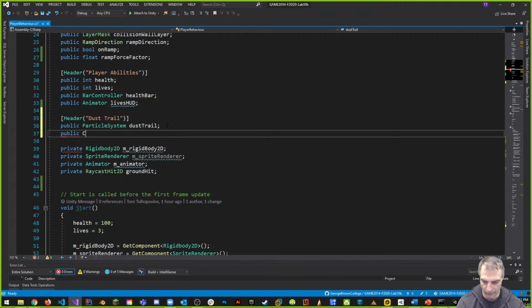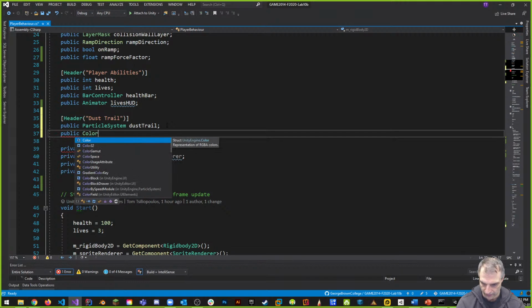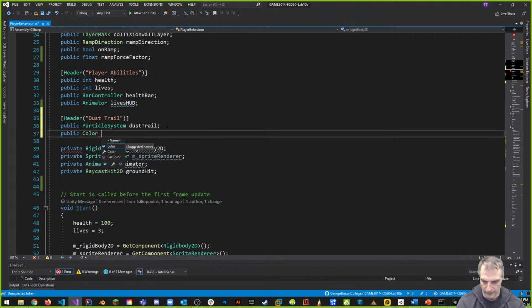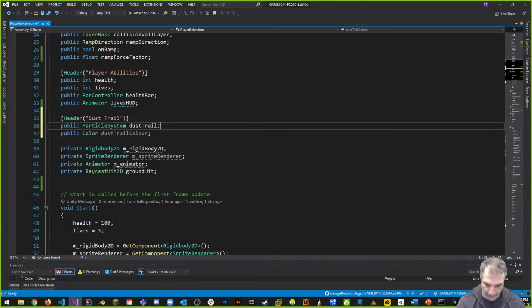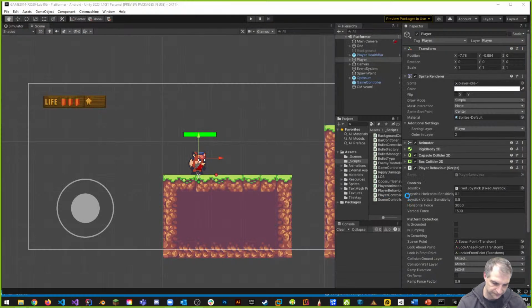So public, I want to add a color, right? And I want to call this the dust trail color. Or we can just call it color. Dust trail color. All right, so that's the color. And when we do that, let's see what happens in the inspector when I go back to the inspector,